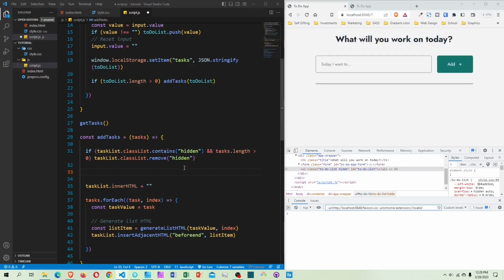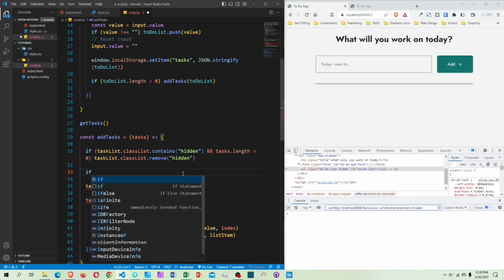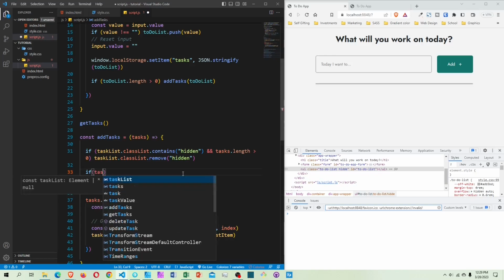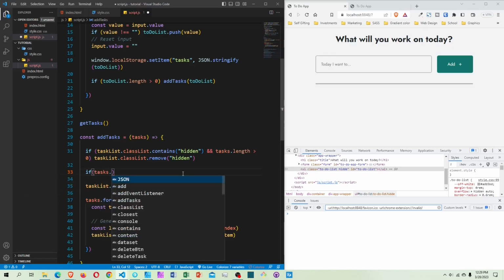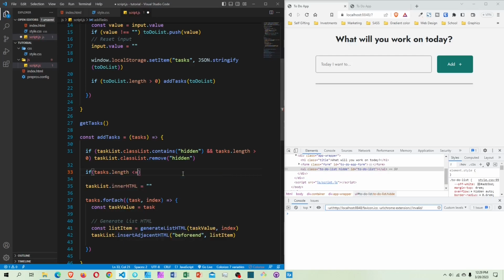So say if tags length, that's the array, is less than or equal to 0, then we need to grab this again and add a class to it. So add. Okay, so if I save this now